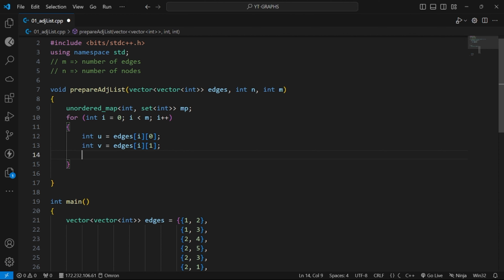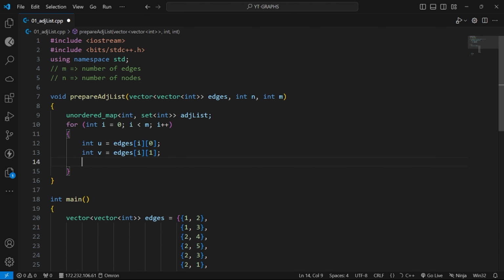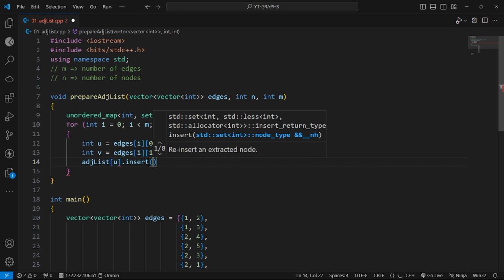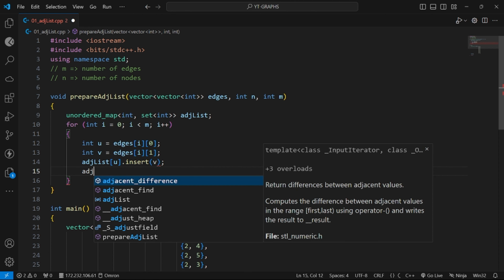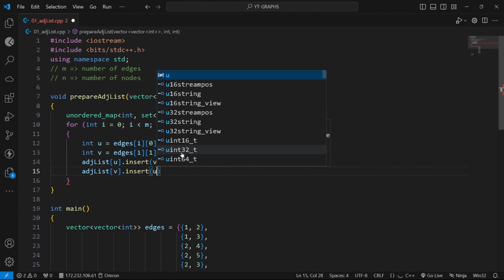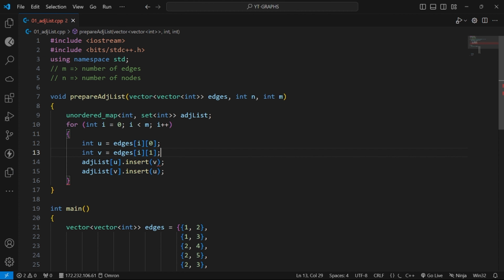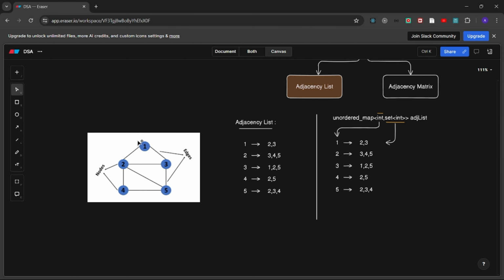Let's keep the name of this map as adjList, which is a little more meaningful. adjList[u].insert(v), then adjList[v].insert(u). As this is an undirected graph, both edges are interconnected, like 1 and 2 and 2 and 1.